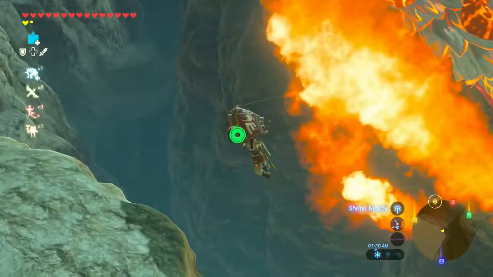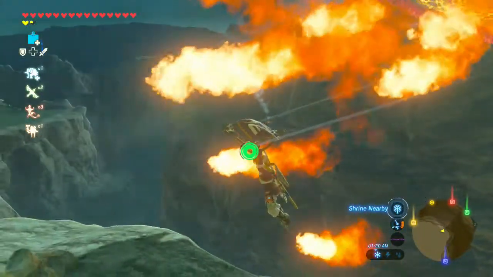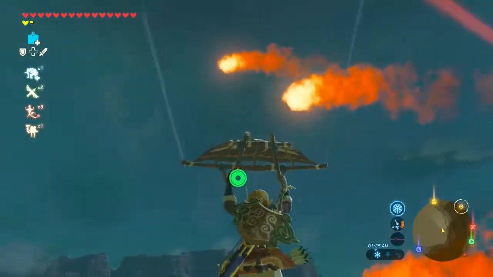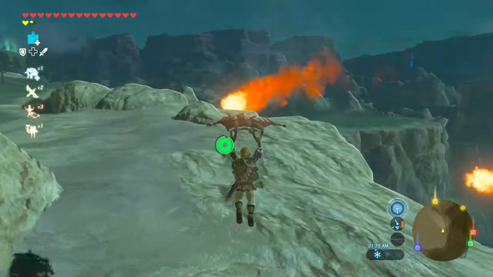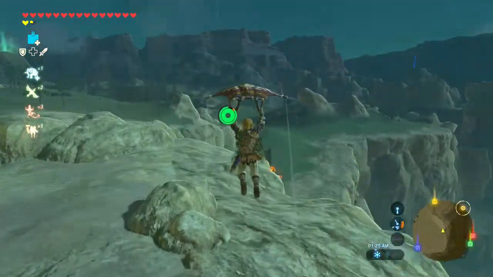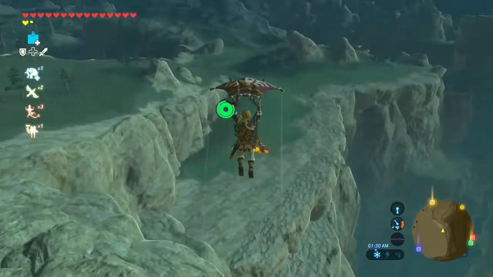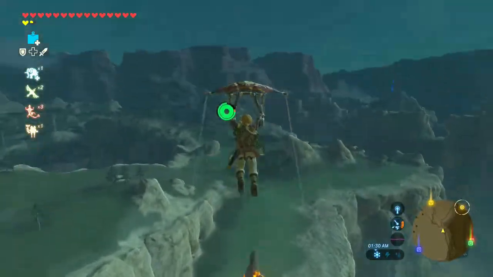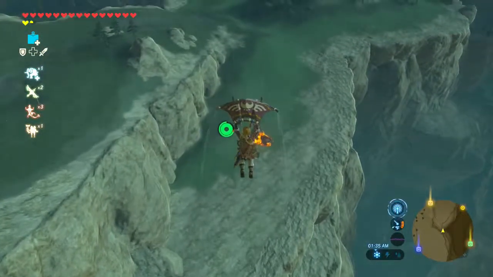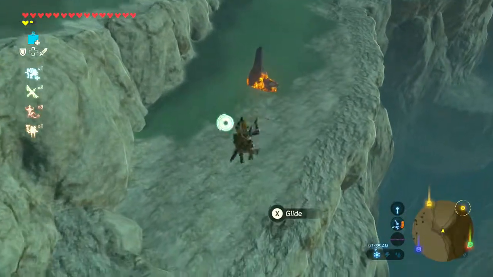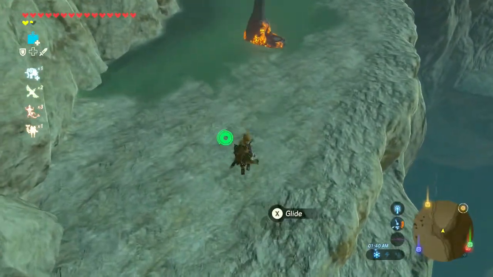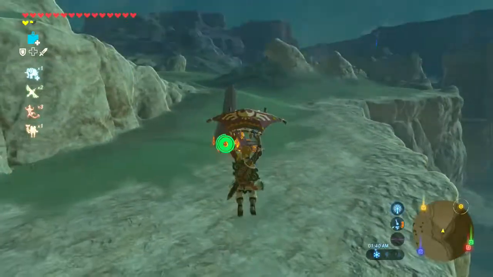And something else to note about dragons, which I don't think I ever really talked about, is they do that. No, not slowing down the frame rate, they do that as well sometimes. But they shoot different elements at you. So for example, it could be fire, which we just saw, it could be electricity. They shoot different elements at you to try to get you far away from them, so if you want to shoot them, you want to kind of get this sweet spot, if I'm being honest.